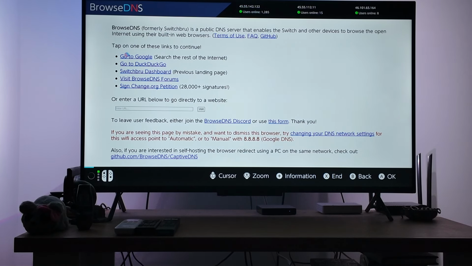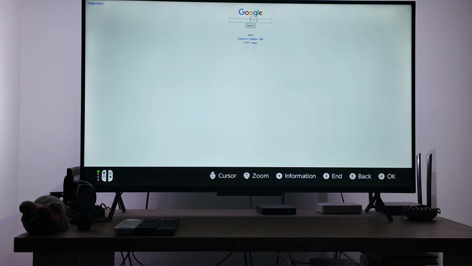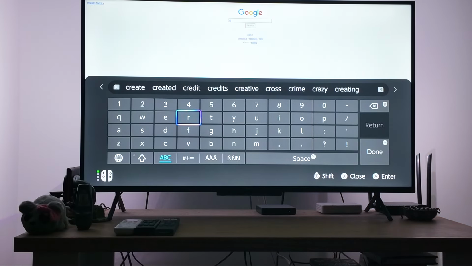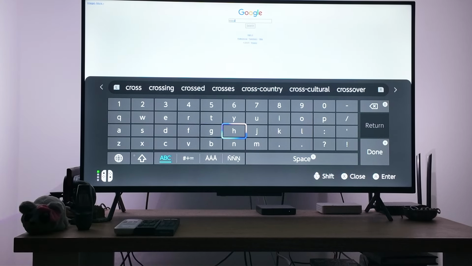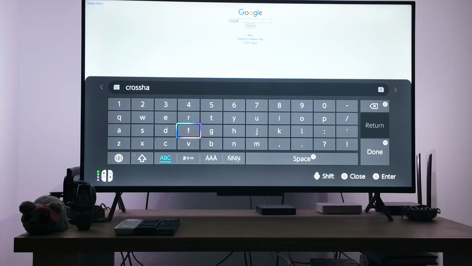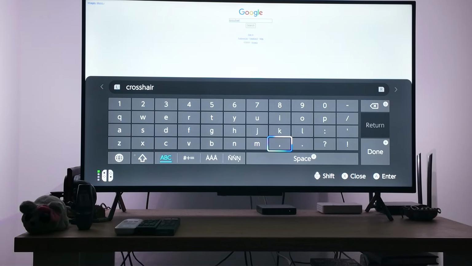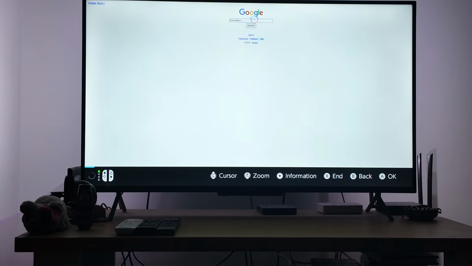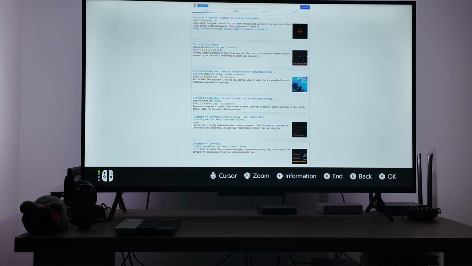So go into Google, and right here what you want to do is type Crosshair, space, and just type this, and you want to type X, so Crosshair X, and then done. Okay, done. Now you will press search, and here you want to get the Crosshair X from the Epic Games